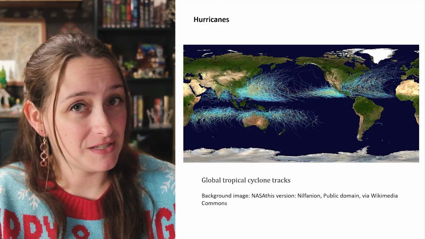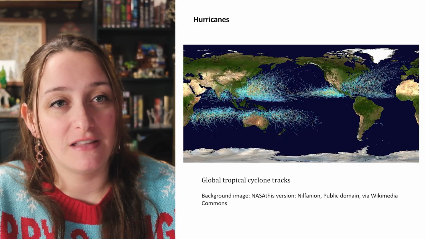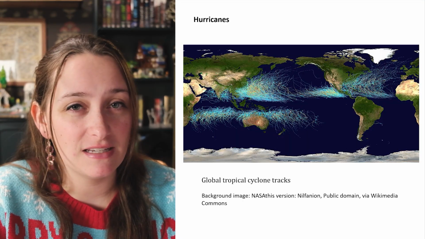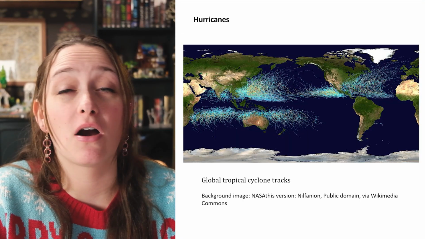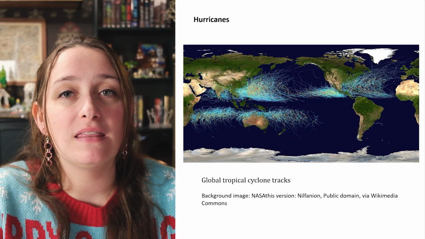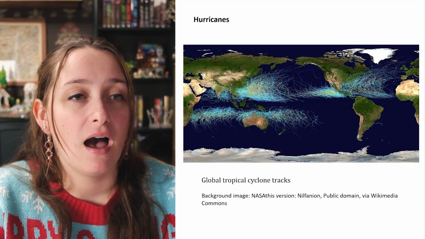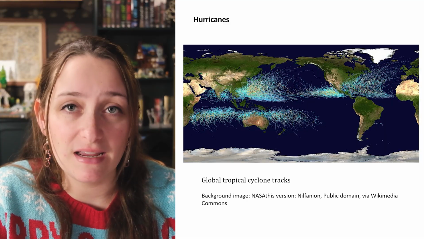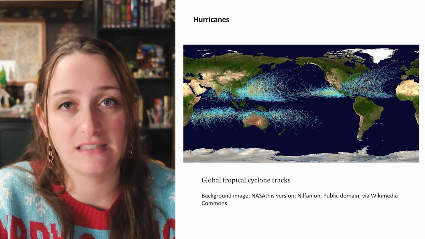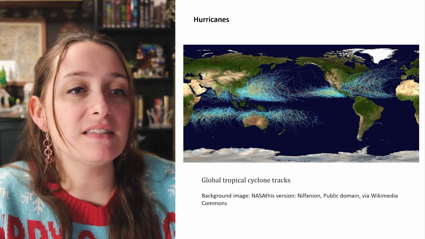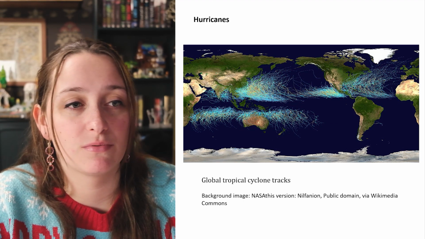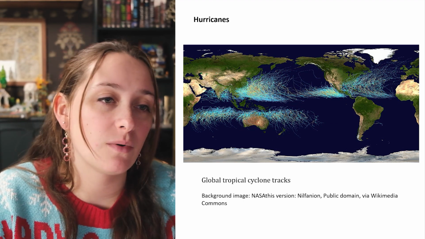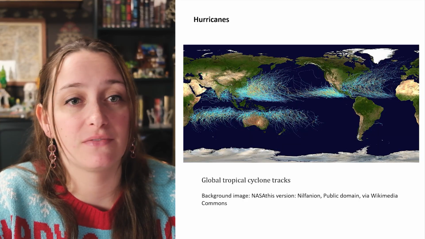So the Coriolis effect is the deflection that is caused by the rotation of the Earth. And we have already indirectly discussed it when mapping our air circulation maps. So in the northern hemisphere, on the northern side of the equator, currents are deflected to the right and then to the left in the southern hemisphere. And this is the effect that gives a counterclockwise rotation to low pressure areas in the northern hemisphere and clockwise rotation to the ones in the southern hemisphere.